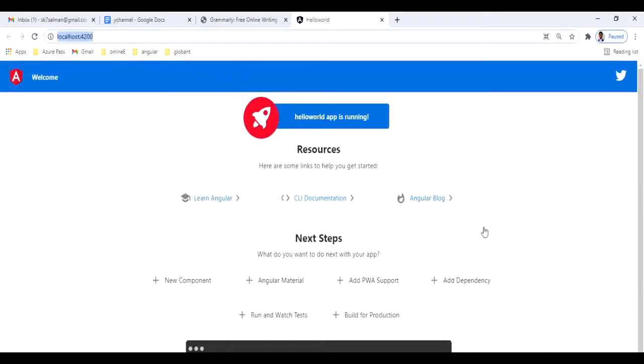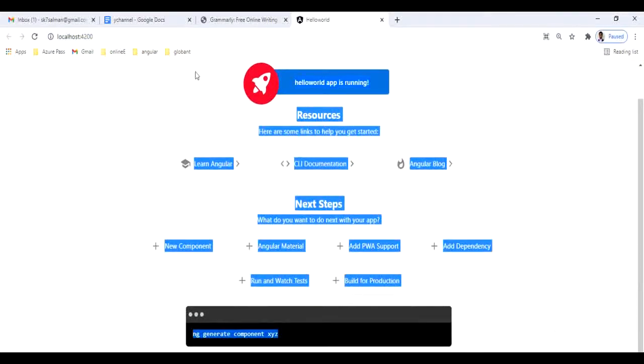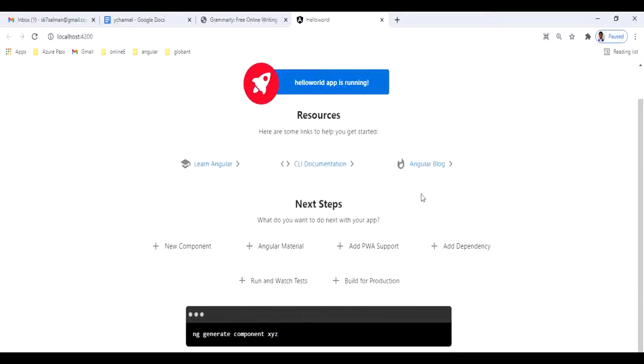So you can see the output of our application. This is built in Angular. This is the simple, default HTML page which is provided by the Angular CLI.